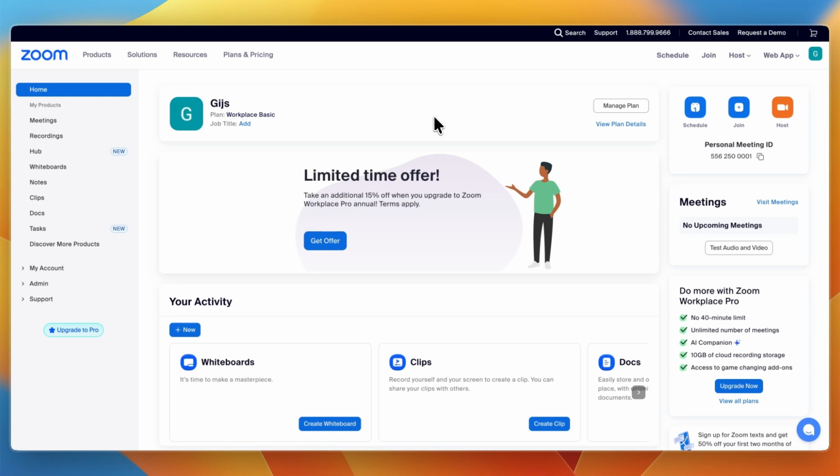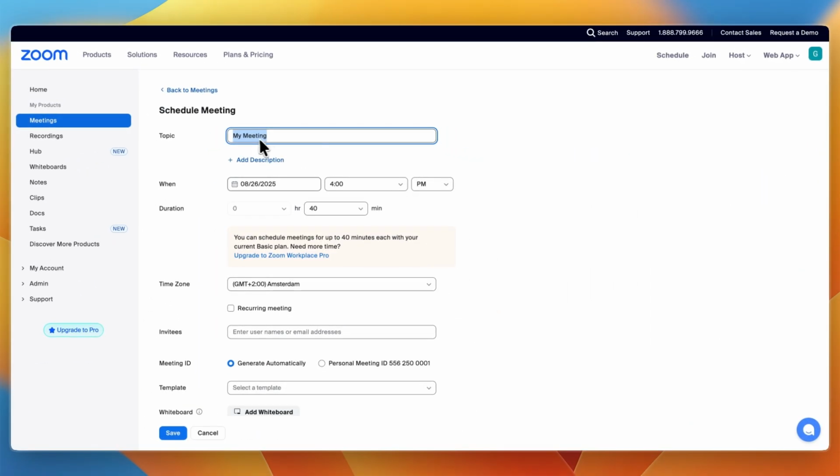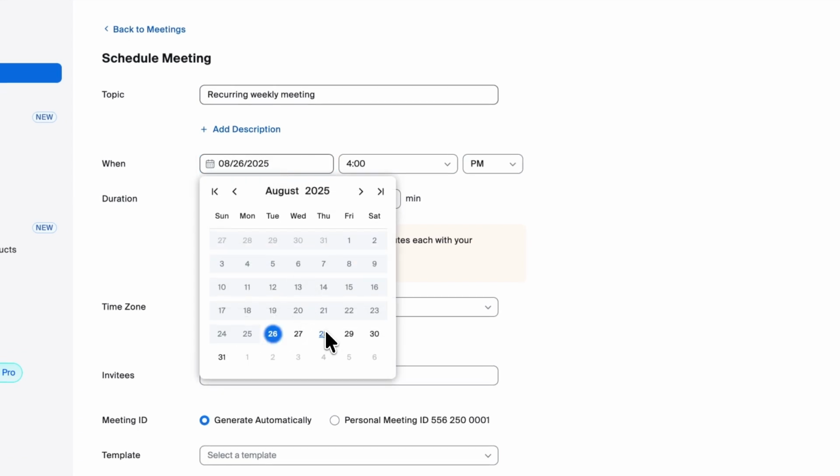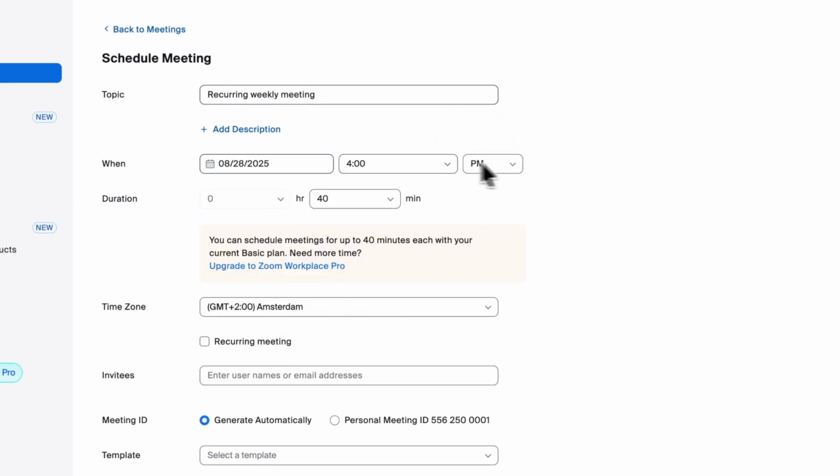In this video, I will show you how to create a Zoom meeting link for a recurring meeting. To do this, simply open up Zoom, and in Zoom what you want to do is go to Schedule. From within Schedule, just give it a name, for example, recurring weekly meeting. Then you can set the first date on which it will occur, such as the 28th at 4 p.m,